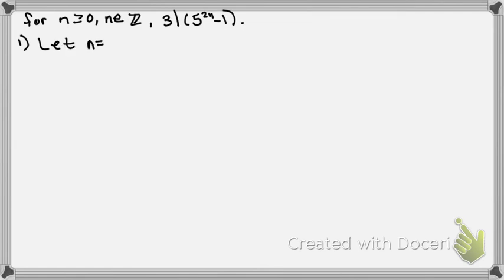Is it 1 or is it 0 for this one? 0. So we're going to start with 0. So let n equal 0. So then 5 to the 2 times 0 minus 1 is equal to 5 to the 0